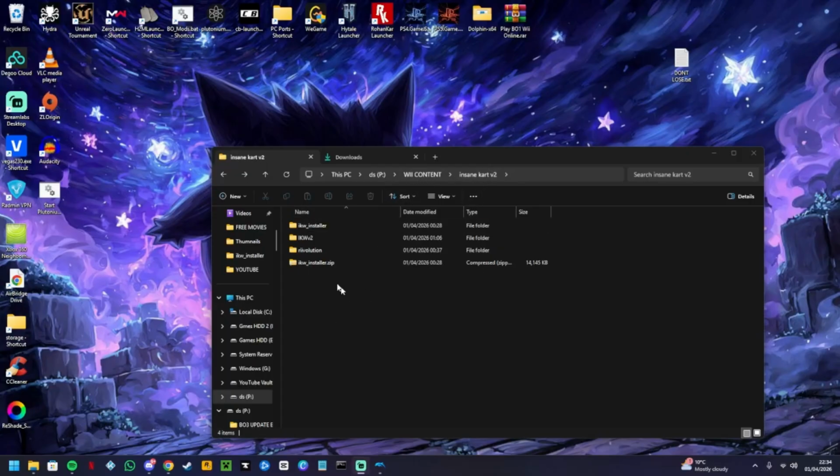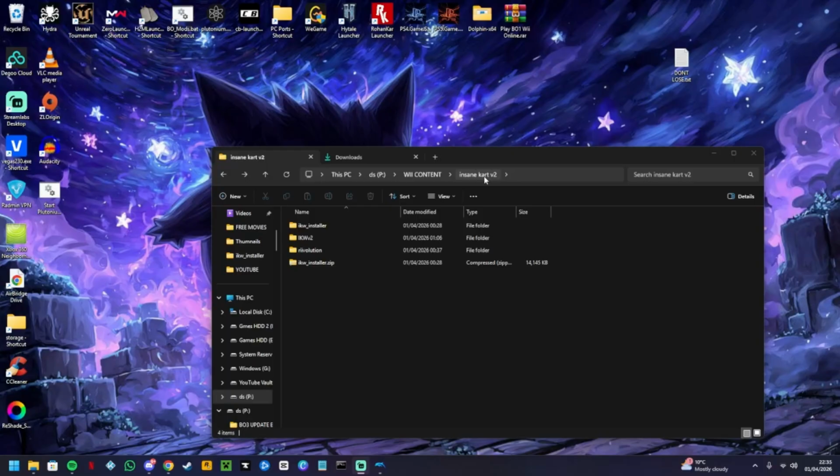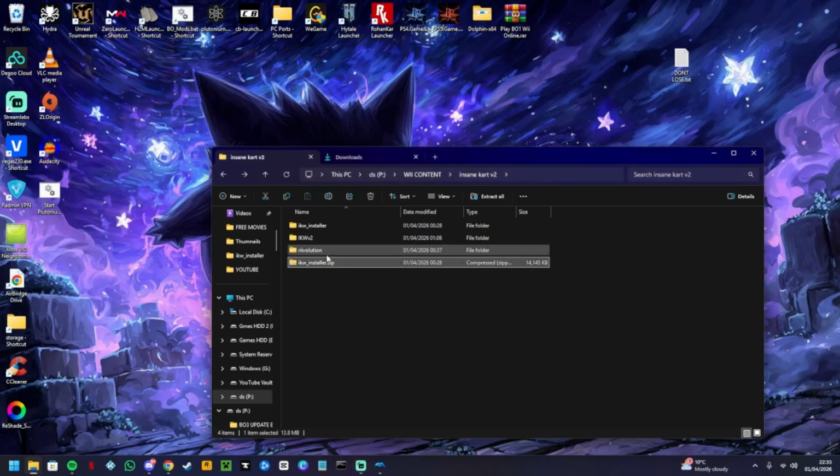Insane Kart on the Wii. Now, obviously, I say on the Wii, but I'm using it on Dolphin Emulator, and this is also version 2. It's not the newest one, I do have version 3, which I will be sharing in the Discord, as well as version 2, but I couldn't get version 3 to work, so for the sake of it, I'm using version 2. Now, there's a few things to address straight away, and everything can be done with this little installer, so